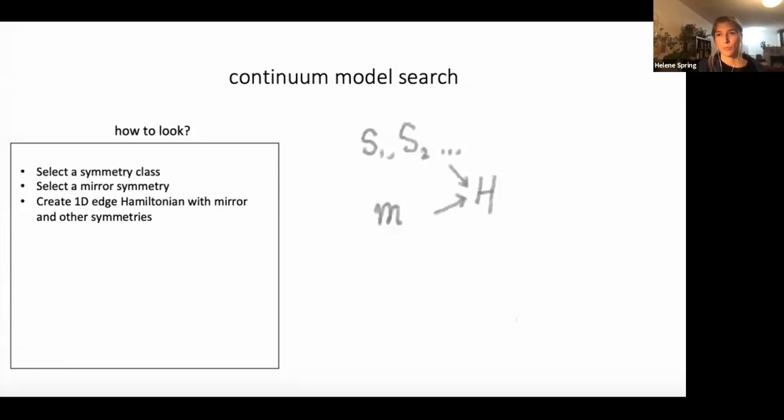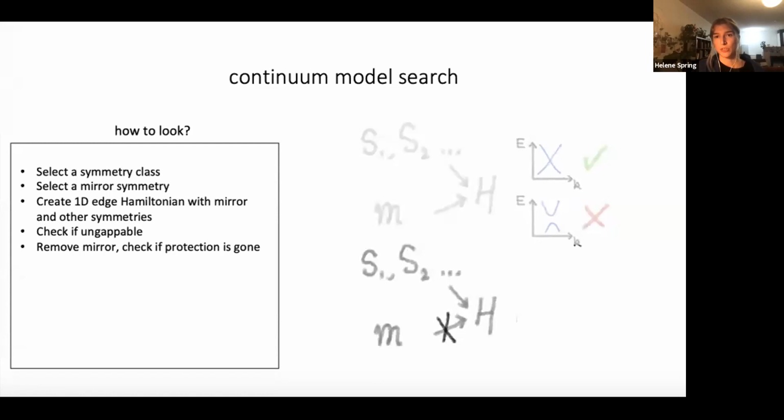Even though we're looking for two-dimensional phases, there's a reason we search for one-dimensional models here. If we can find a one-dimensional model that's ungappable, we know that once we extend the model to 2 dimensions, the one-dimensional edge will be gapped only if the two-dimensional bulk is trivial, and so not independently of the topological properties of the bulk. So we check if the one-dimensional model can be gapped. If we do see a gap, we try again with a different form of mirror symmetry and see if that's gapless. Once we find something that's gapless, we try again, and this time we don't include the mirror symmetry, and